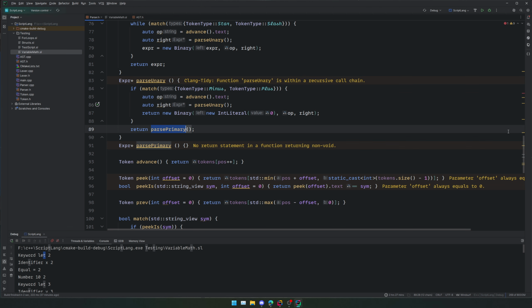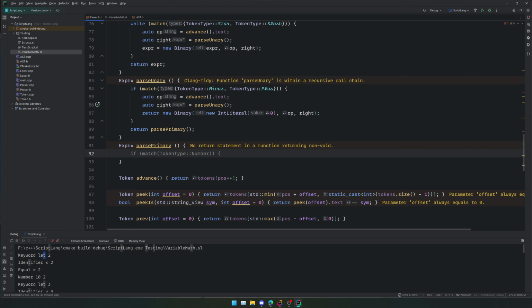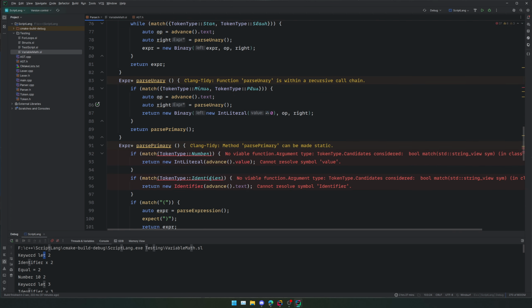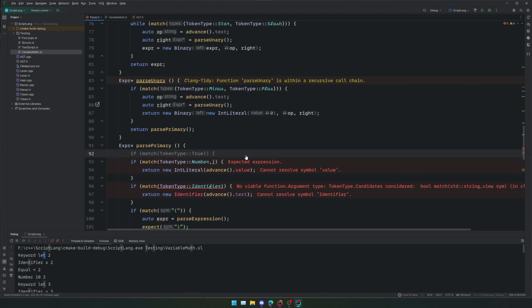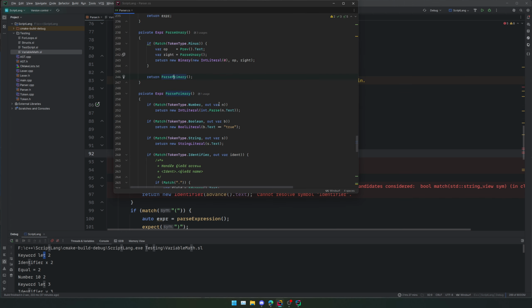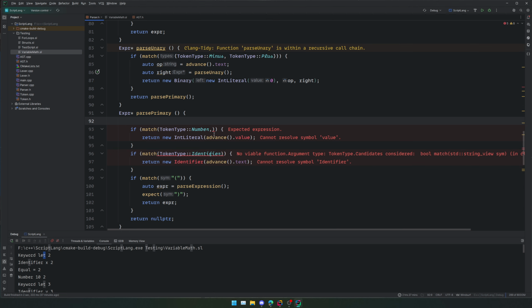Our right side, then we fall into parse primary. Now parse primary is where we handle our ints and our strings and everything else. So yeah, we're basically AI coding right now, full on. So if match token type number, okay, this makes me sad because I don't think in C++ you can do this. Unfortunately. So I guess what we will do is